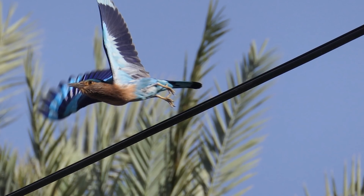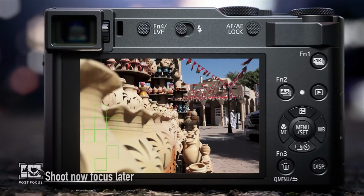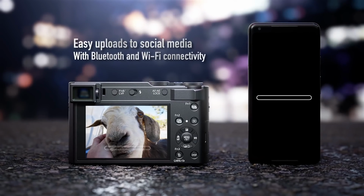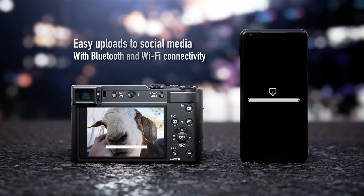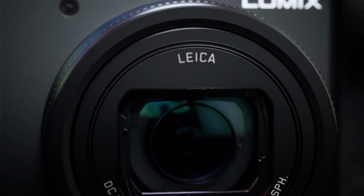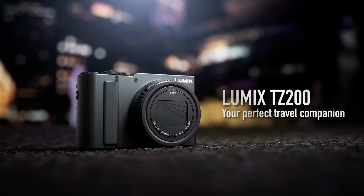If you want to capture videos on your travels, the Lumix ZS200/TZ200 features 4K capture up to 30p, while Panasonic's 4K photo mode lets users extract single still frames from 4K burst files shot at 30 frames per second before saving them as 8MP equivalent images. Despite the extra reach of its lens over the Lumix ZS100/TZ100,